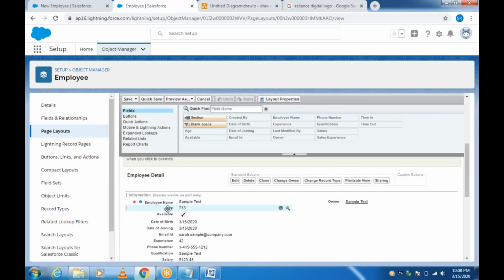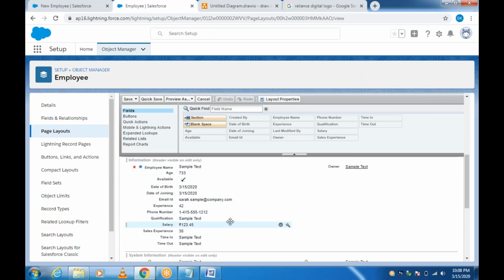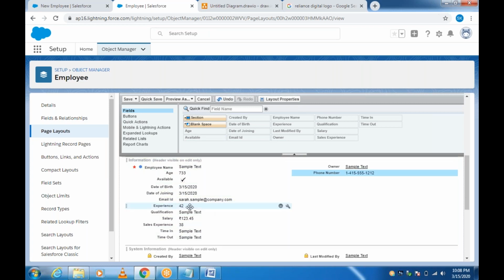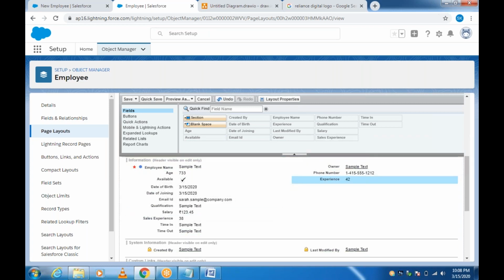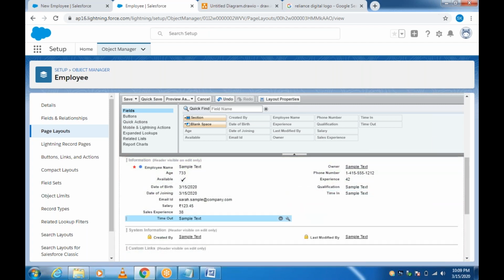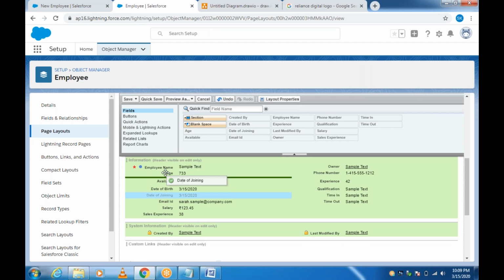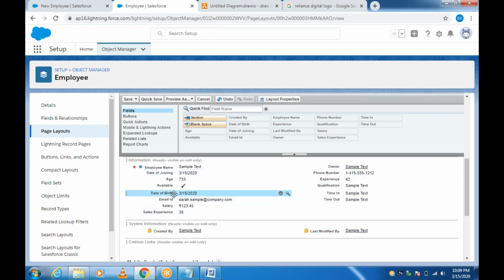See, the fields got aligned here, right? Now I want to put some on this side. Just select, drag to this side, and drop. Let me put them in a proper way. Name, then date of joining, date of birth, or else